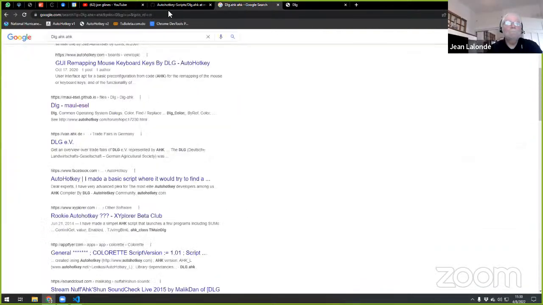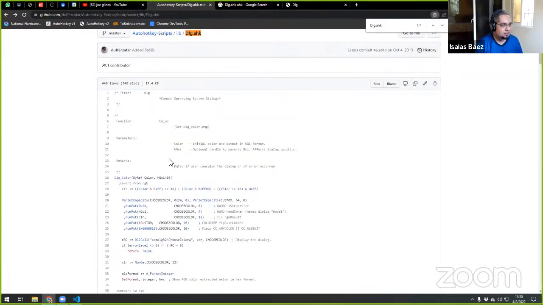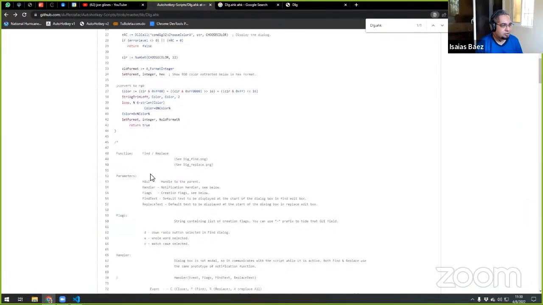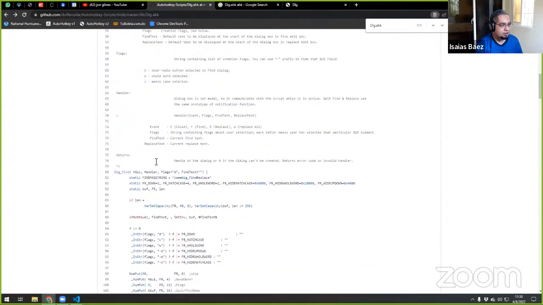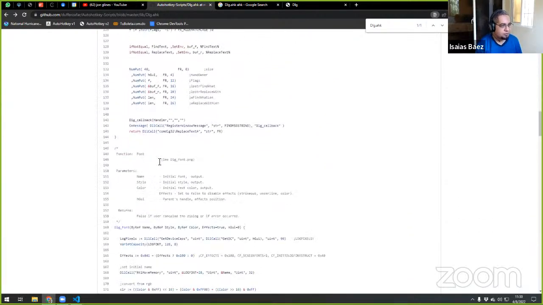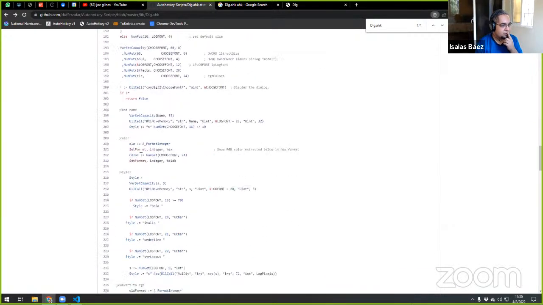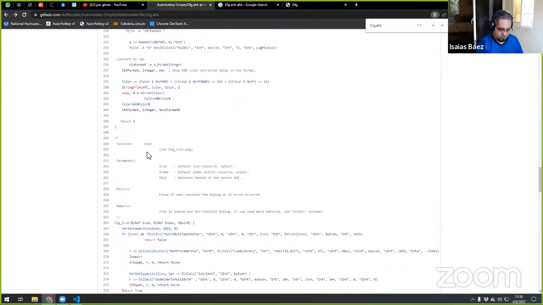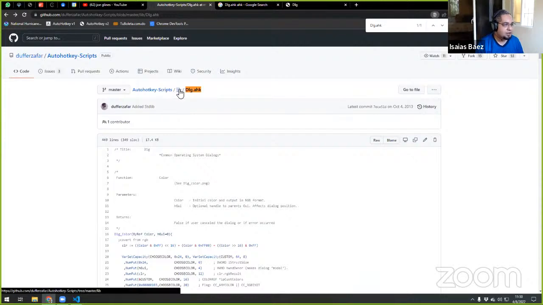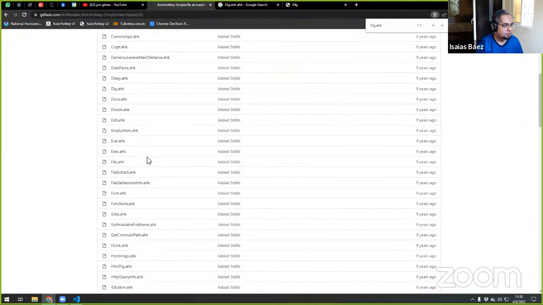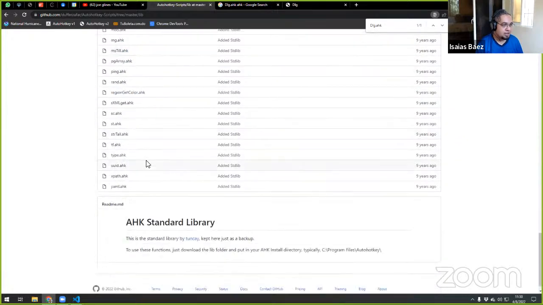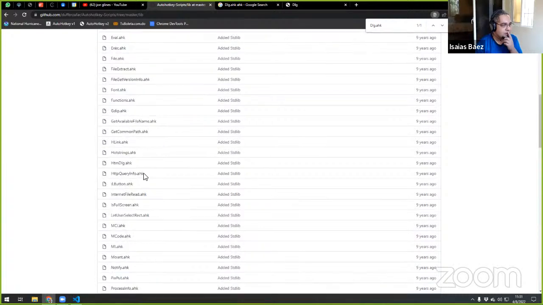And once you use it, let me see if this has, let me see. So this is the color picker, the find and replace dialog, which is from the system, the font dialog. This is the one. So maybe we have examples of it. Let me see if I find the examples. So it is a huge thing. It has a lot of, yeah, so it is from the standard library and so on.